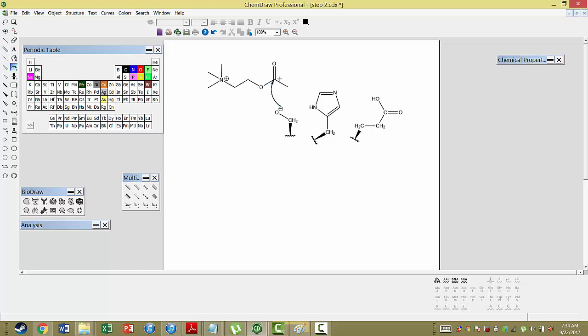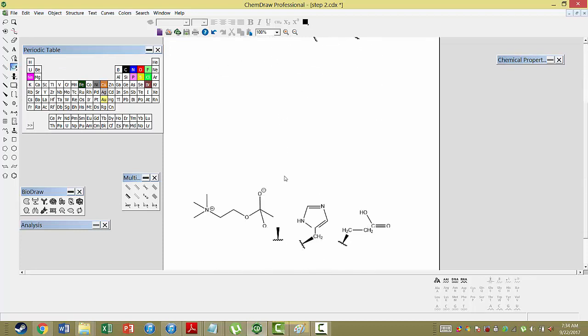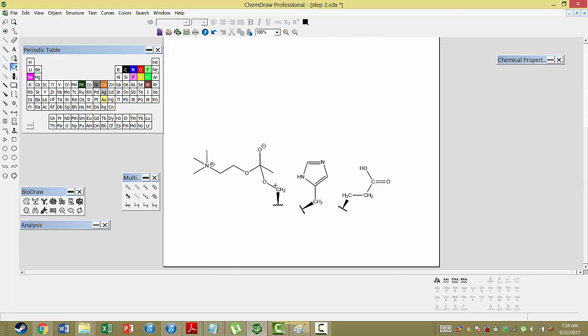Carbon can't form 5 bonds, though. As you see, if we just drew a bond here, the carbon would have 5, so that's not going to work. So what's going to happen is these electrons are going to go all the way up to the oxygen. Oxygen is going to be negatively charged, and we're going to have a covalent bond between this carbon and this oxygen. And now you see the acetylcholine is fully attached to the enzyme. It's covalently bonded to the enzyme.